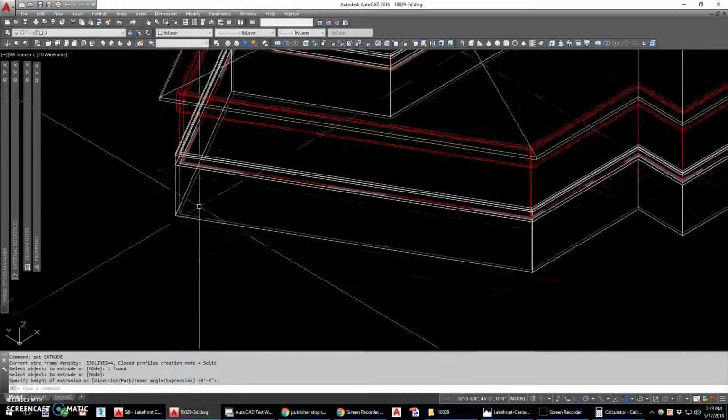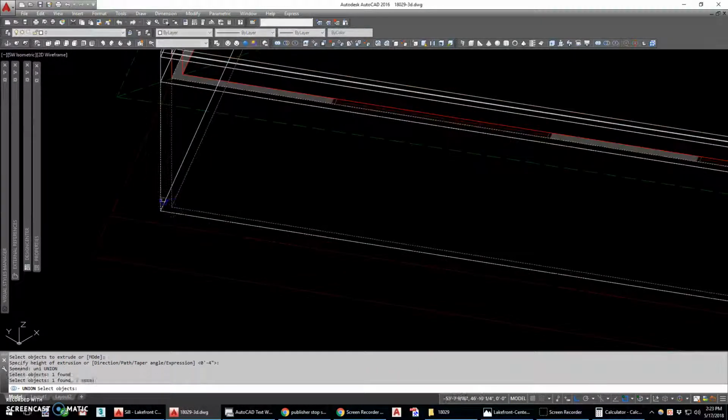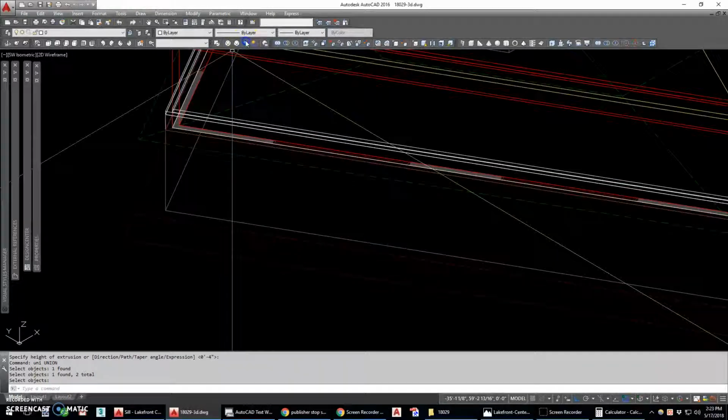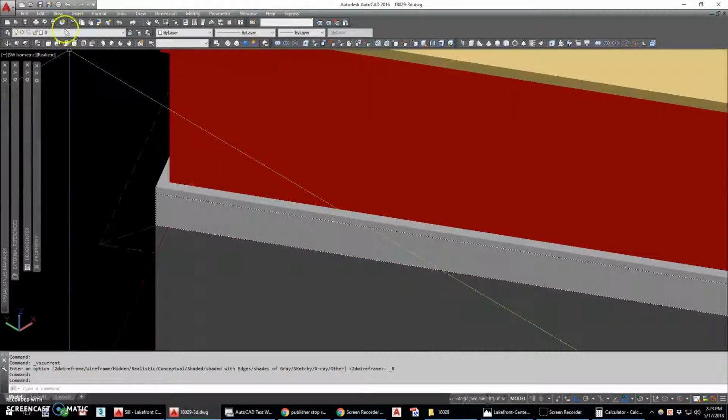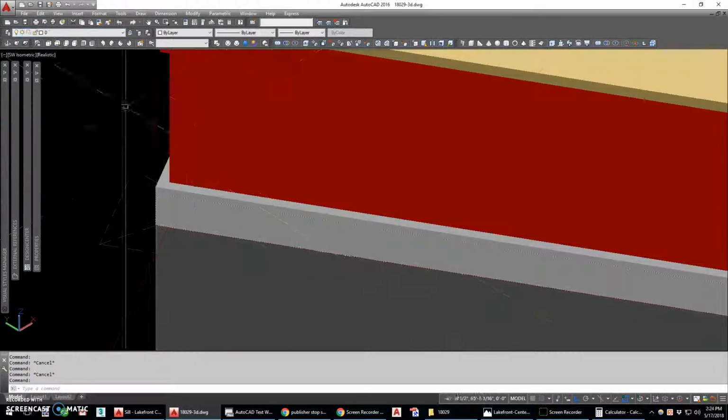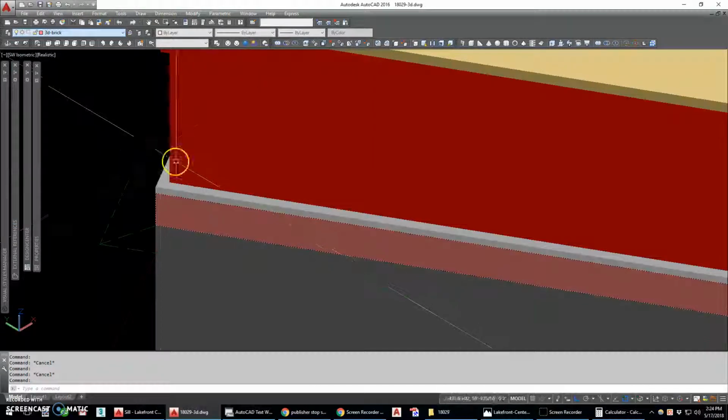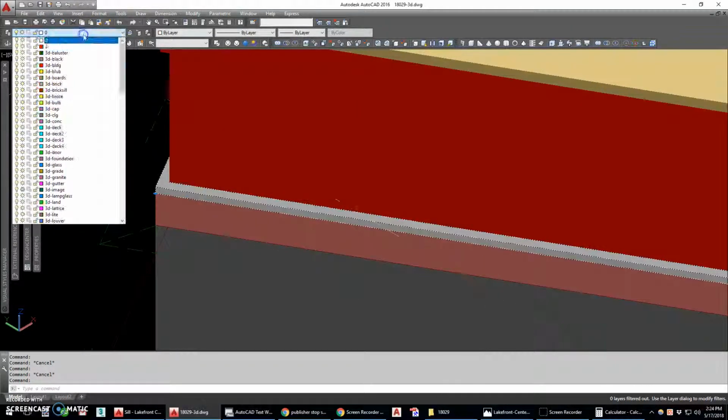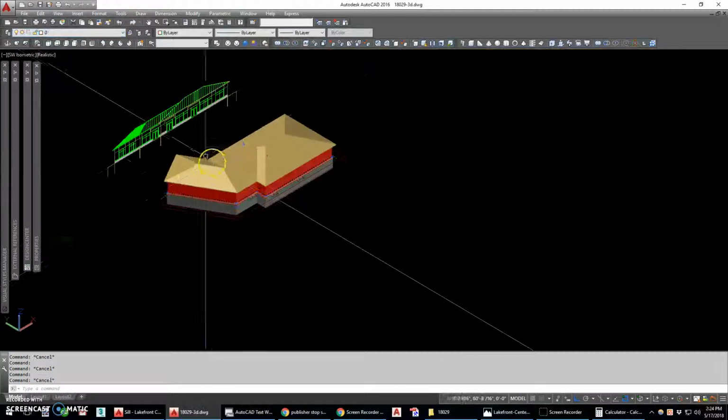Go ahead and extrude that down and just union this and this together. Okay, now I've got my concrete, I've got my 3D brick, my 3D brick sill, and now it's just a